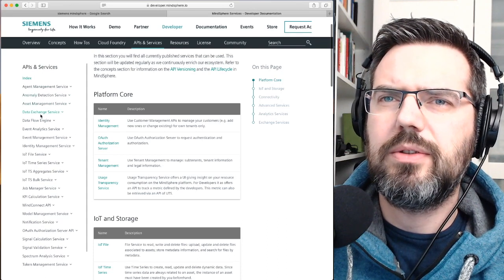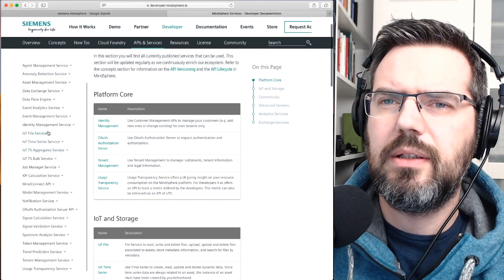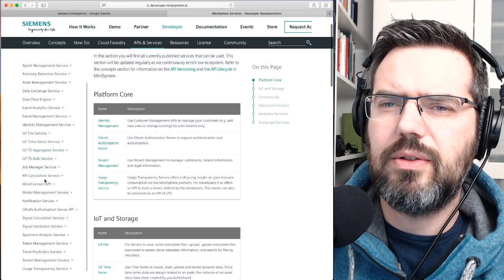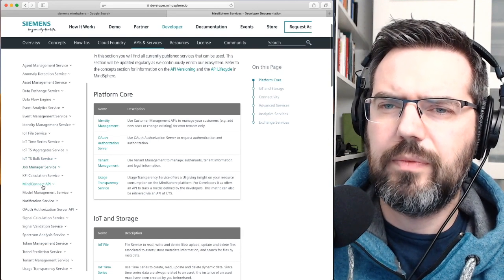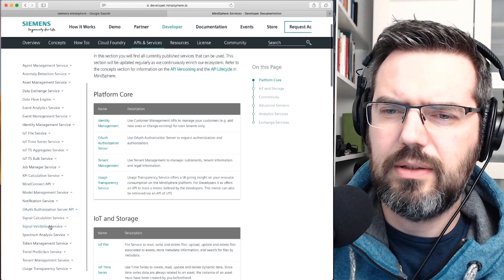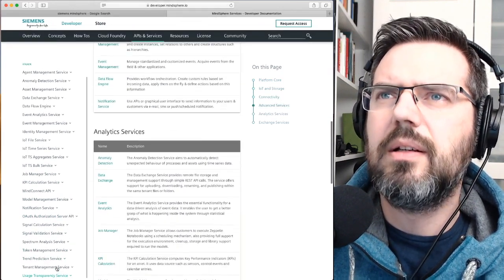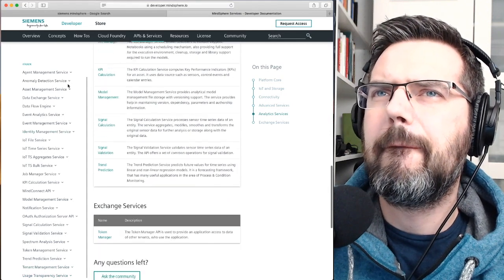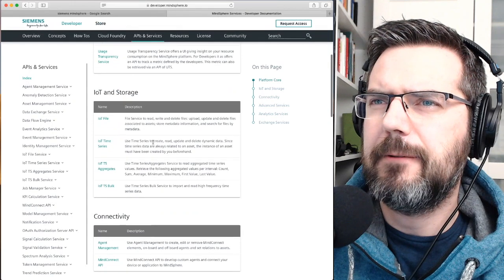Okay, anomaly detection service, data exchange service, flow engine, file services. Connect APIs, OAuth, authorization, dog management, trend prediction. Okay, this is all interesting.